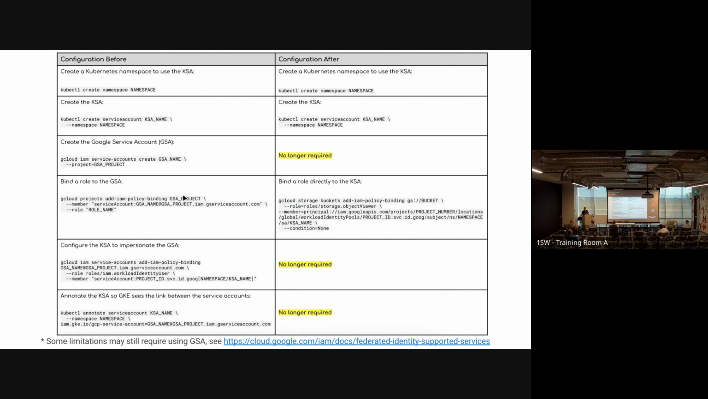Whereas previously you had to create a GSA and then do the permission stuff and member service account, with this funky, not that one, the further down, the workload identity user permission had to be granted to this funky service ID Google namespace KSA name thing. And then you annotated the thing to make everything go through. A lot of those steps are gone now because what you can do is just, through that workload identity pool,